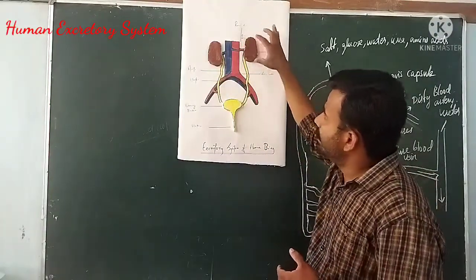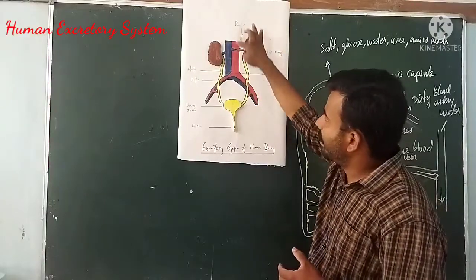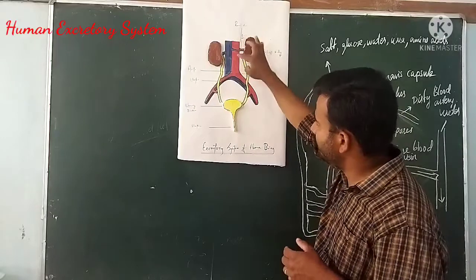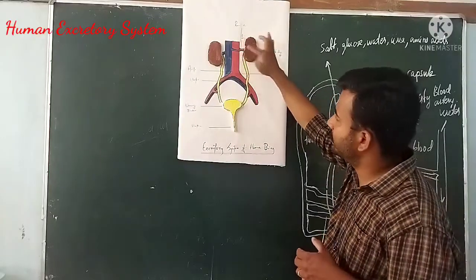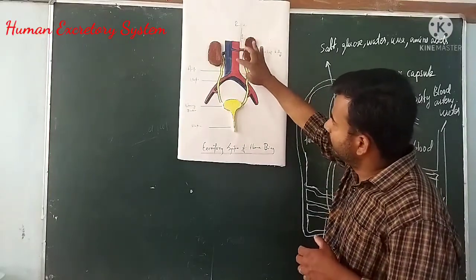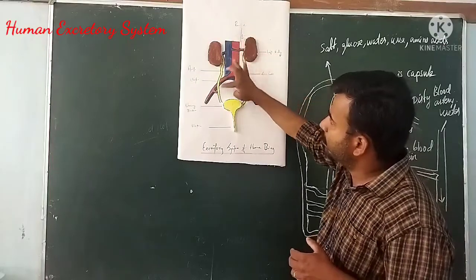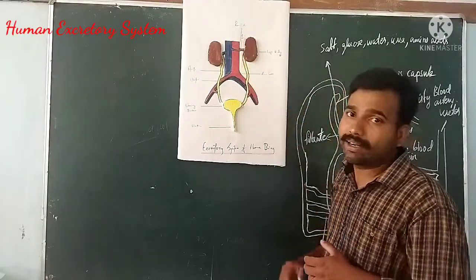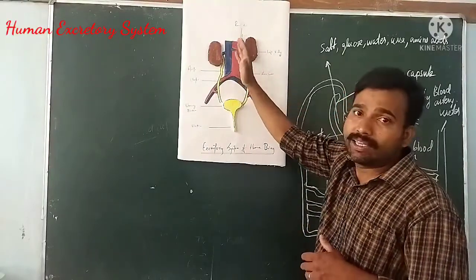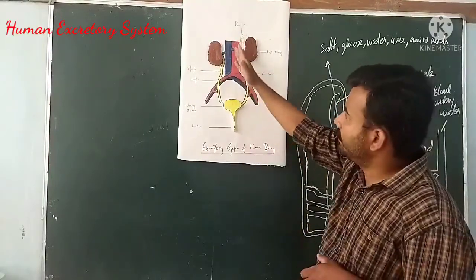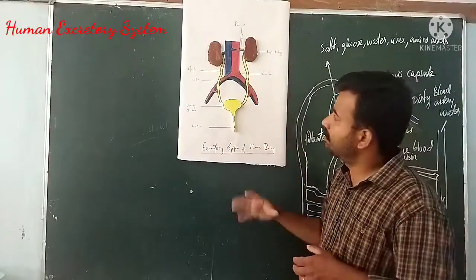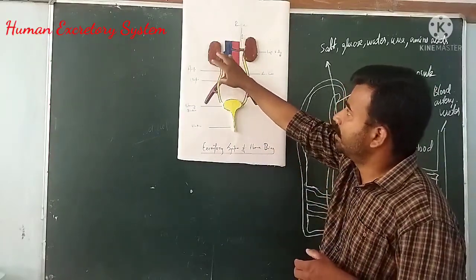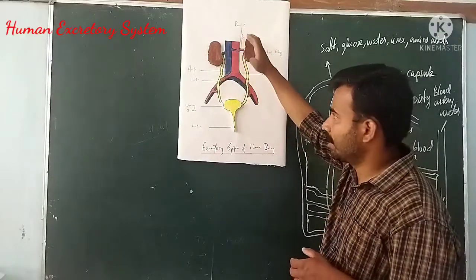So first of all, a pair of kidneys, then the aorta that is carrying oxygenated blood as well as impure blood, in the sense that it contains salts. Then the next part, you can see the blue color blood vessel, that is called the renal vein, which leads to the inferior vena cava. The inferior vena cava transports the purified blood from the kidney back towards the heart.